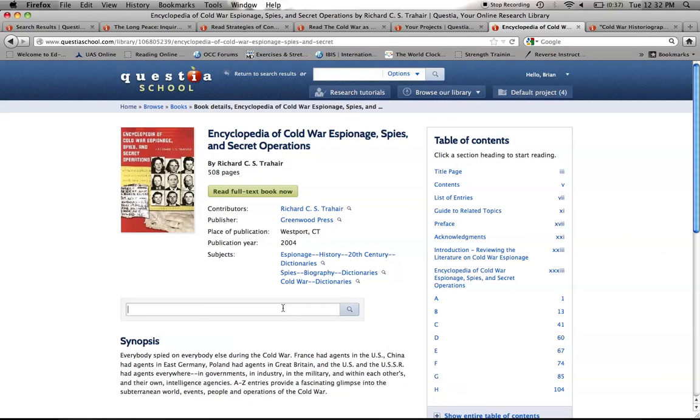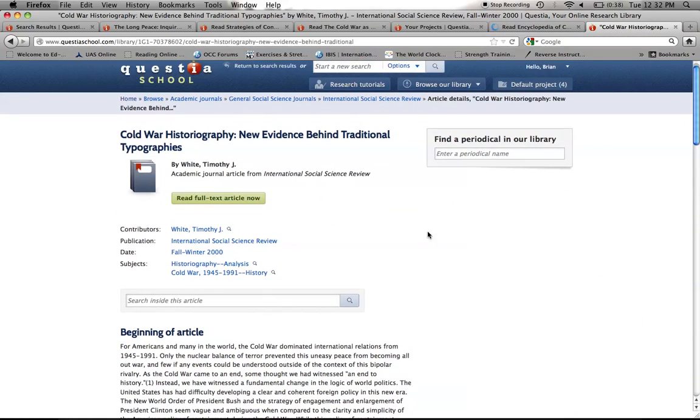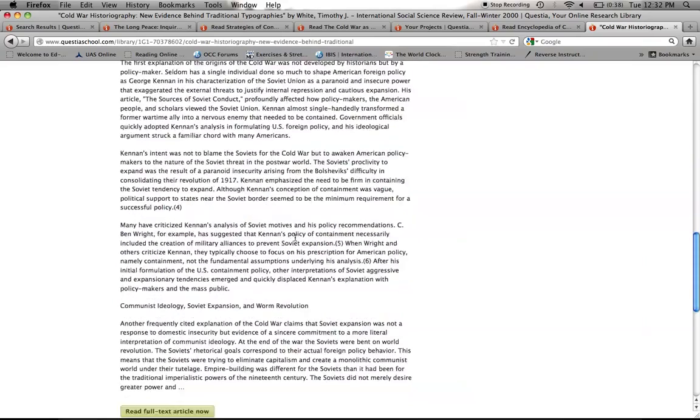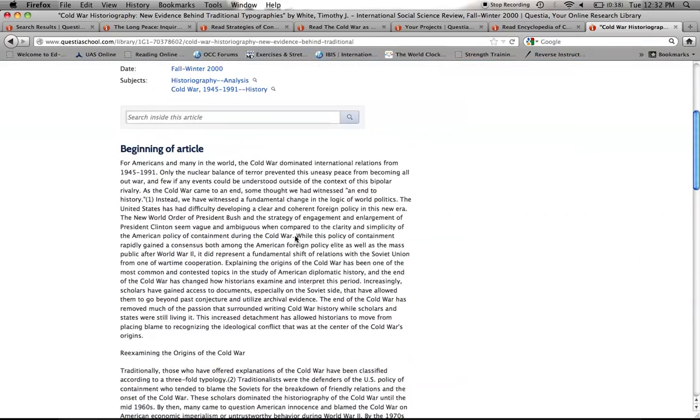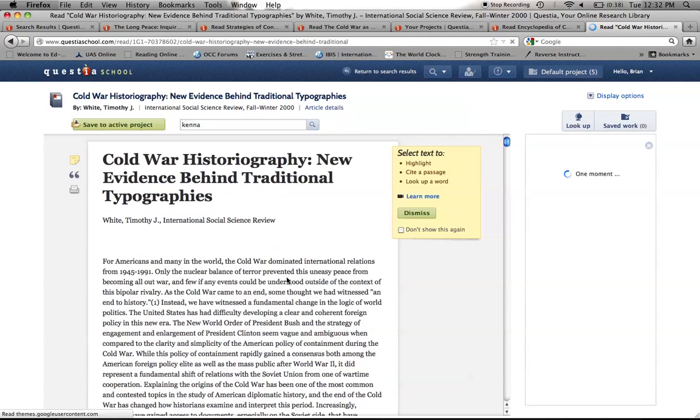So if you wanted to see the Kennan in here, again, we would search within the book. And oh, here's a journal article. Now, there's no search within the journal article. So what do? Well, I can search within the article here, I guess. Never mind, there is search. That's me not even spelling the whole name. But it's still gonna... No results, you jerks. So it's a kind of unforgiving search.